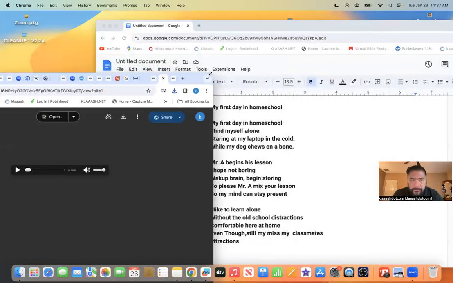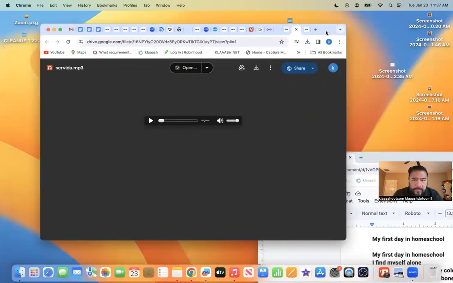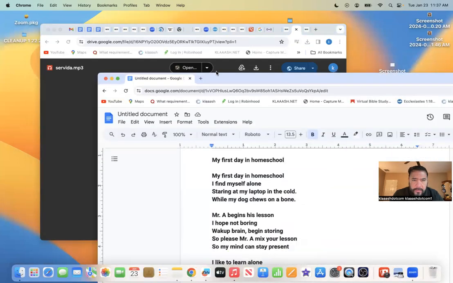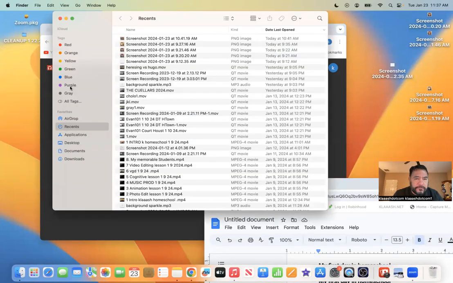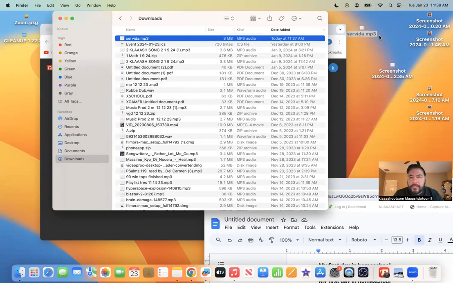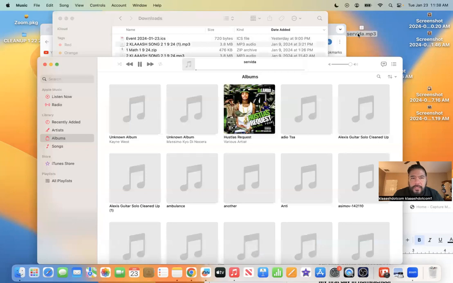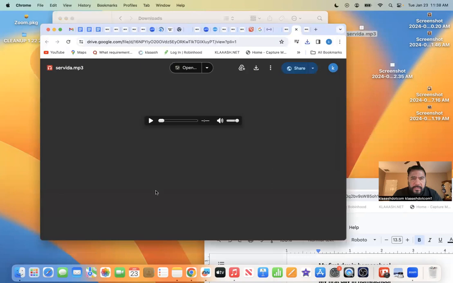grab it from up here, and we're gonna go ahead and put it right there like this. Go to my documents right here. Go to your downloads. Is that it? Let me move it over here. Yeah, that's it. Maybe it's the same one that we used last time. So let's just go ahead and bring it in here like this. All right, so we're gonna come back over here.